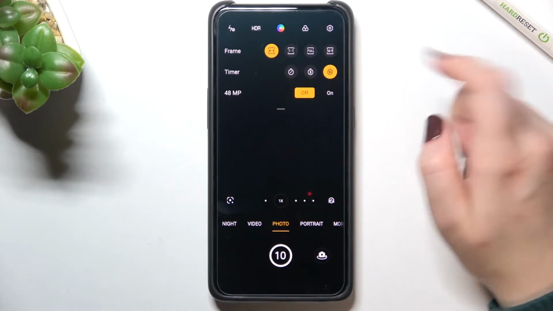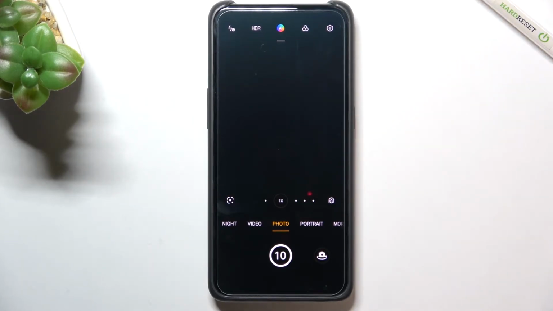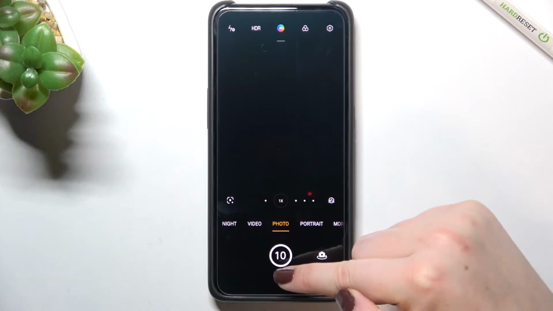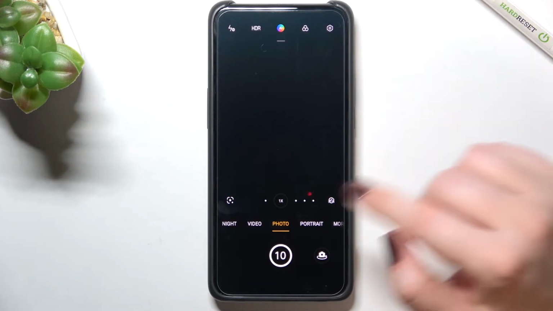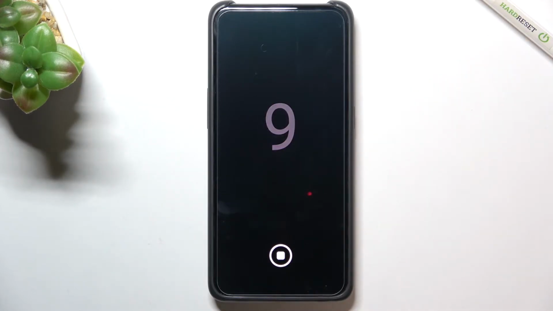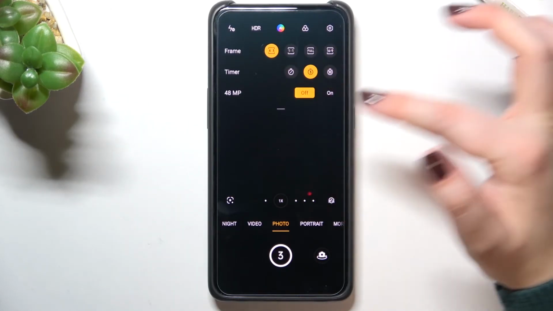So let me pick 10 seconds delay, just tap on the option you'd like to use, and after getting back to the camera, you can see that we've got this 10 number in the shutter button, which means that for sure we just applied the timer. So let's tap on the shutter button, and as you can see, from now on your device will simply count down from 10, and after that time it will take a photo. And the photo has been taken,